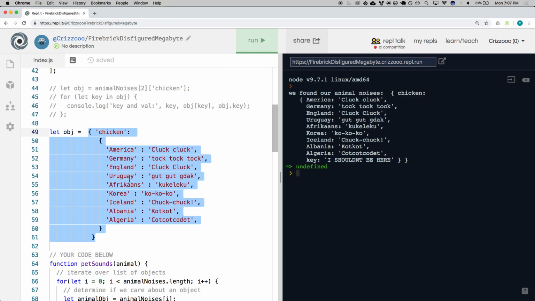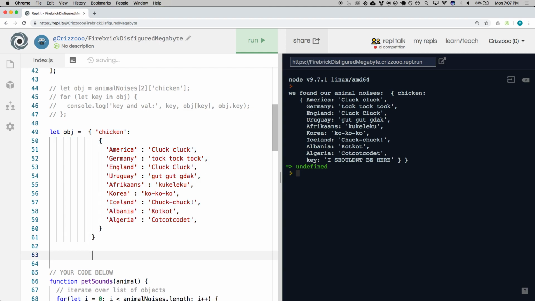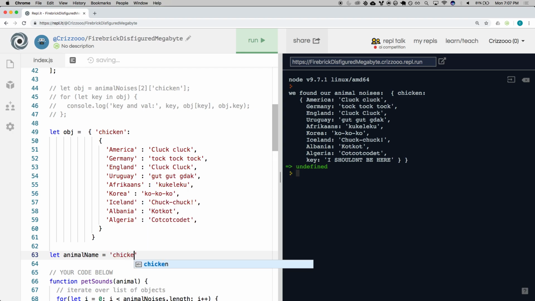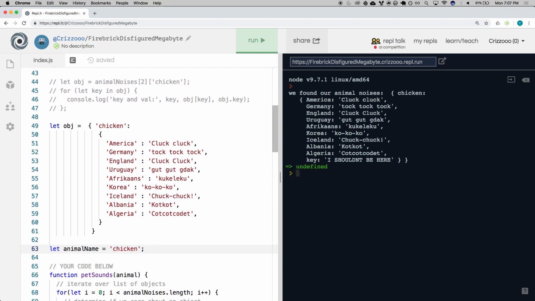So if we know the property name of a property, how do we get its value? It doesn't matter that this is an object, it's got 100 countries. Yeah, so we want to go to object chicken, right? So basically if I had somewhere else as a variable, with these two pieces of data, how can I dynamically grab this? And we've just said it, just say it again. What is the code here? Chicken bracket